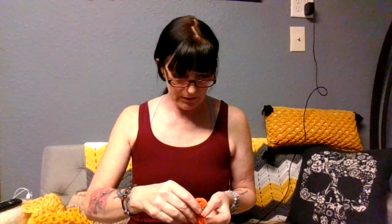The next thing I'm going to do is the tail fin. So I do want that one to go real close to the bottom where I'm currently working on the next row. So it's going to be real close, but I want to make sure not to get so close that it's going to affect me being able to, just to make sure I get the center. I'm also going to flatten this out so that I can see that I'm in the middle. Like, I did a pretty good job guessing for the top fin. I want to make sure the tail is back here as well. So with that, I'm going to flatten it out,